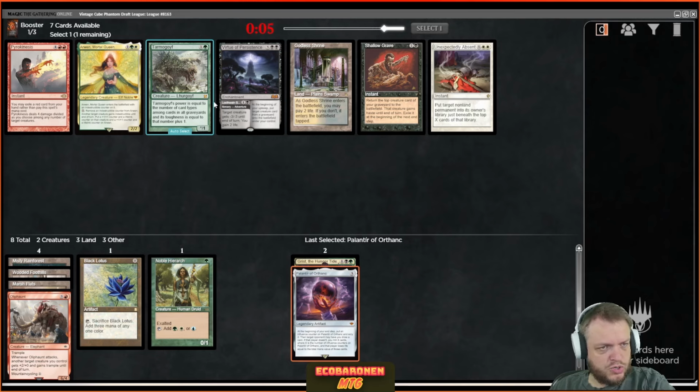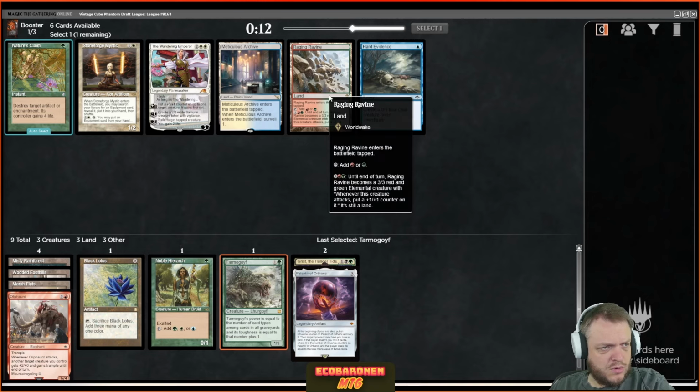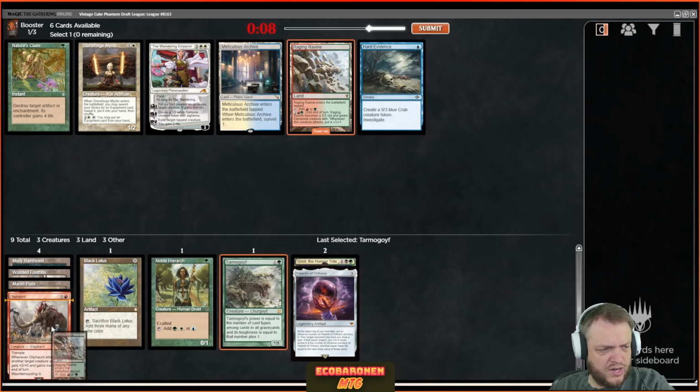Maybe that's the mature choice, and I'll not go into white. I'll try. Kind of a tough call. And then immediately we have this decision where, let's say we had the Godless Shrine, I could think about something like Stoneforge. I think double white is going to be too much. So it's the land, or yeah, I think I'll take Raging Ravine and try and not play white, but play